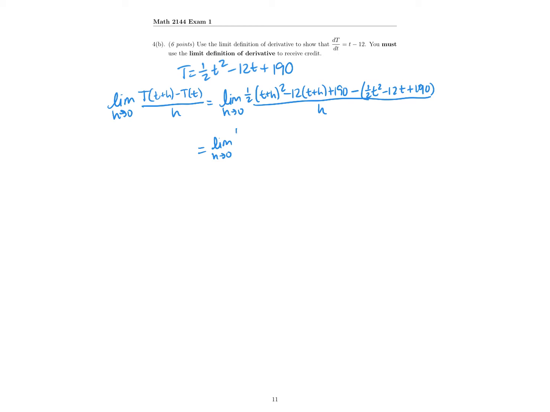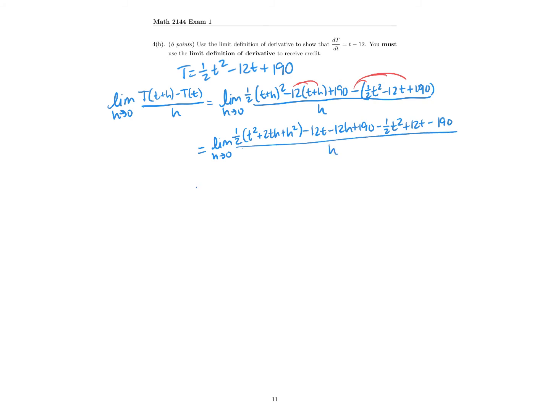So I have 1/2, and then if I multiply out (t plus h) squared, it's going to be t squared plus 2th plus h squared. So you'll just have to multiply that out and FOIL it. And then I'm going to go ahead and distribute that negative 12 into both of those. So minus 12t minus 12h plus 190. And then I'm going to distribute this minus sign into everything too. And so I have minus 1/2 t squared plus 12t minus 190